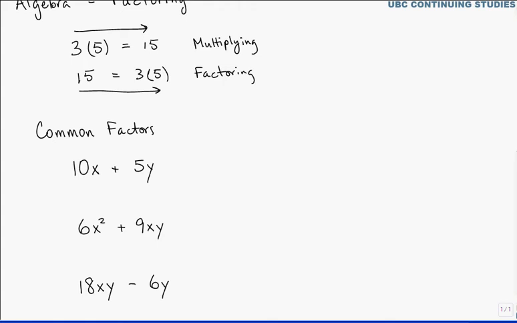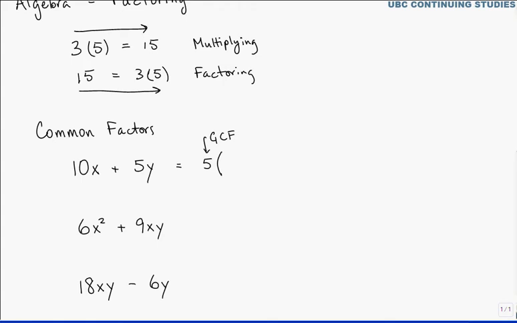The greatest common factor of 10 and 5 is 5. So immediately you can start by writing 5. And then the x and the y, they don't have anything in common. So 5 is the greatest common factor. Now as soon as you identify the greatest common factor, you simply write it and then put a bracket, because we're going to be turning this into a product. And then you ask yourself,